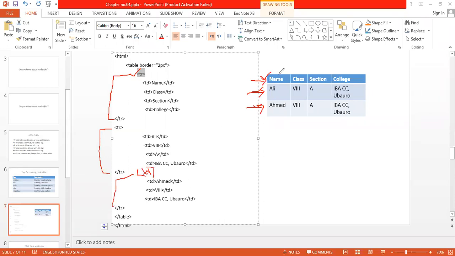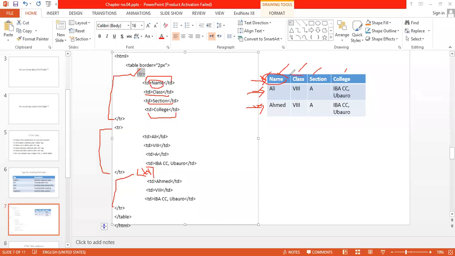Then how many fields or columns do we have? 1, 2, 3, 4. So we have 4 columns. From here you can see the first column, second column, third column, and then the fourth column. In the first column we have the name.